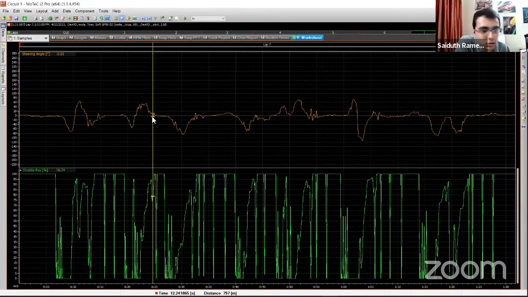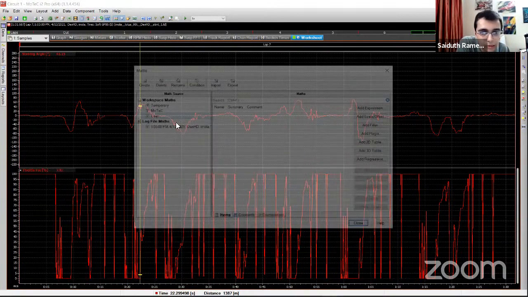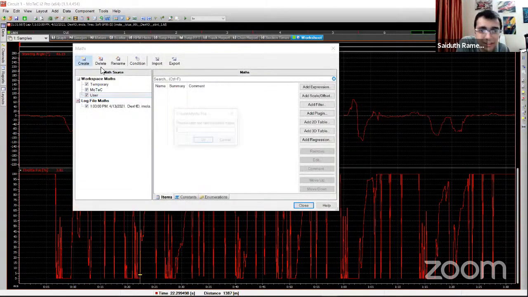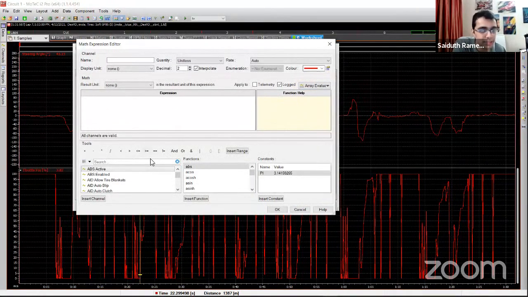Okay, so what we'll do is click math channel. Just go to user and we create one. Okay, let's call this US/OS. Now you want to take alpha F minus alpha R, right? And that's going to give you front slip angle minus rear slip angle. That's going to give you the understeer gradient. So what we'll do is click add expression. Go here, type